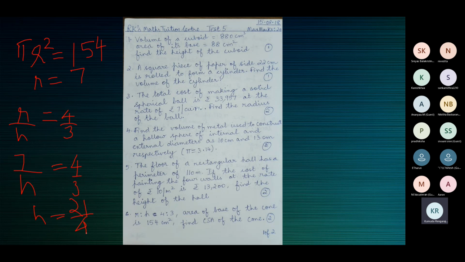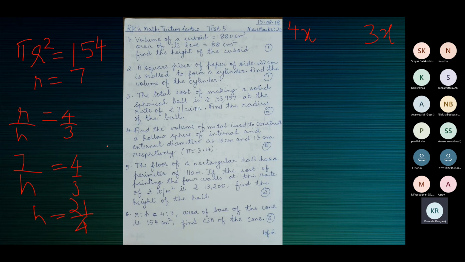Children, you can work this in another way also. You can take the radius to be 4x and the height to be 3x. This is one of the ways of finding r and h. It's a cone. We don't know the radius, we don't know the height, but we are given some other information to find the radius and height.